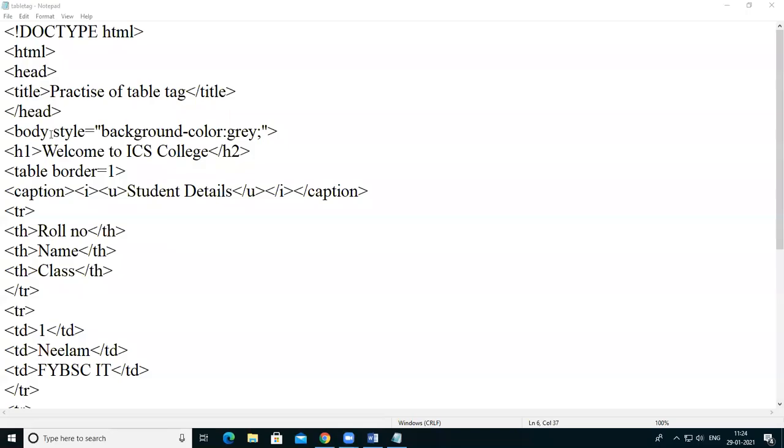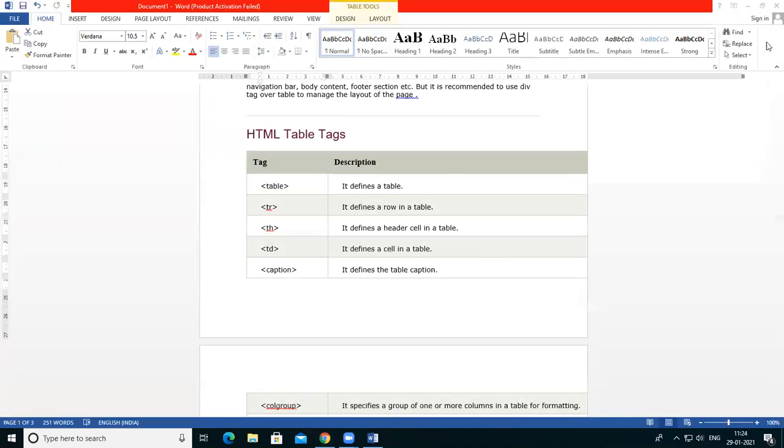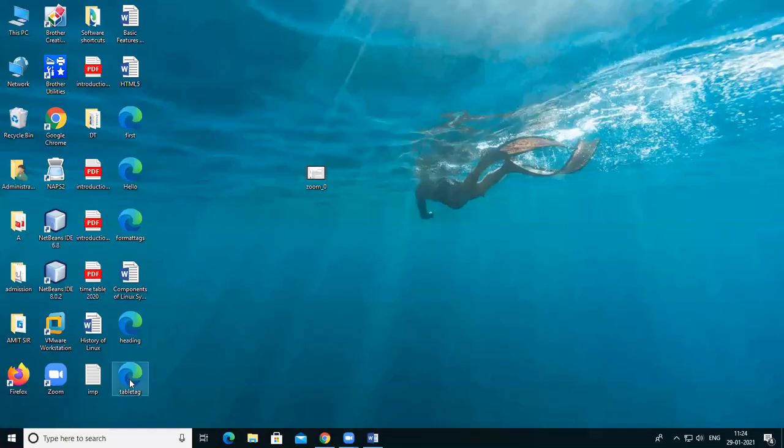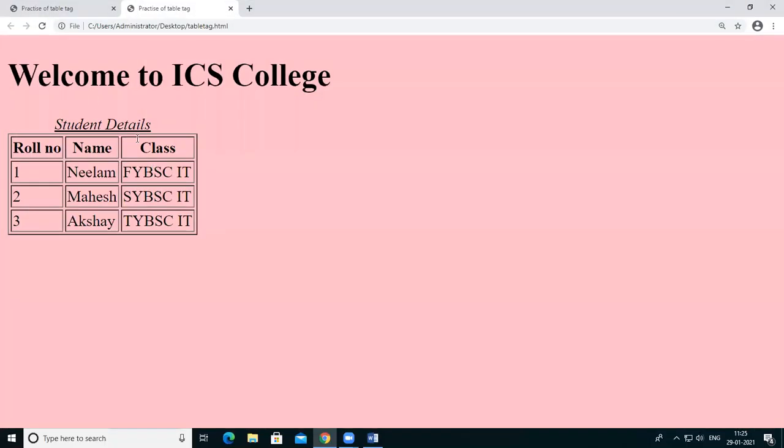See here I'm using style. Style is equal to background color, suppose I want to give the color pink. So use this particular property which is style. Style is equal to background dash color colon pink. Okay, and save this particular file and go to the web browser or open with, see this page has the color pink.